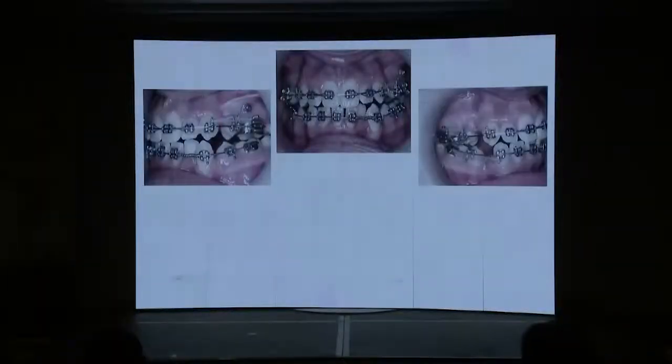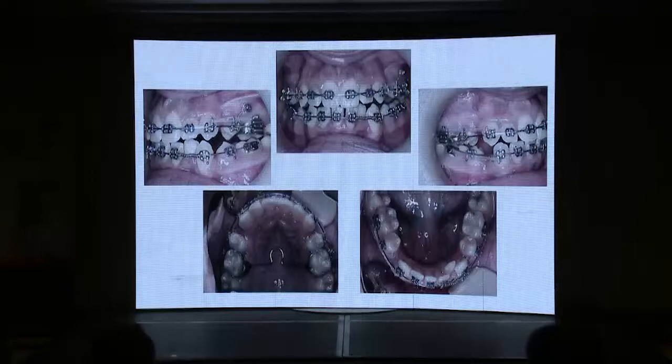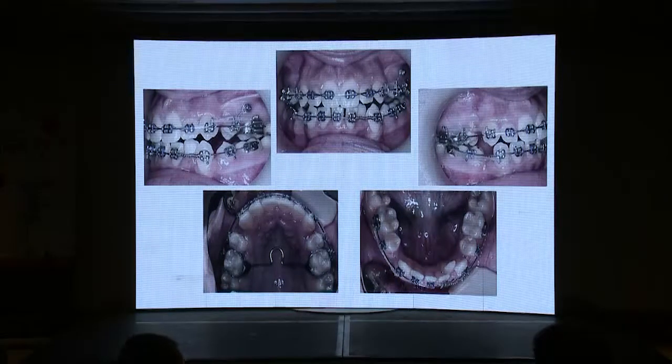The start of treatment, first of all, we started leveling and alignment. We started to open space for the lower left lateral and retracting the canine in the extraction space of the lower left 4. We had our TPA in place, and we had our mini screw. The laser is not working, sorry. We have our mini screw here. We have indirect anchorage through the mini screw to the 5, ligating the upper left 5 with the mini screw to hold it in place, not to move mesial, and then retract the canine indirectly on the 6 to gain all the space, because we want to get all the space distal to canine with retraction to reach a class